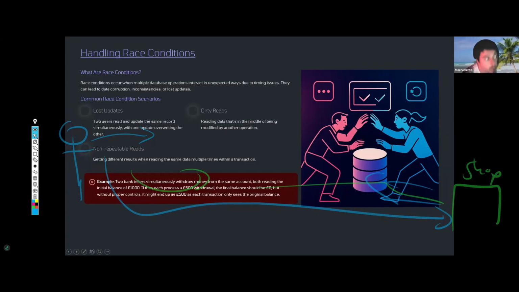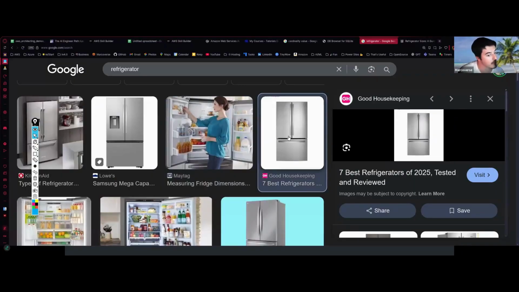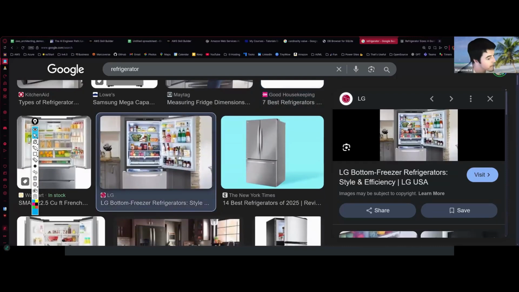Well, some human intuition would probably tell us to simply grab a pen and a piece of paper and write a note, so to speak. Maybe write something on the fridge that says, I've gone for milk, I've gone for Fanta. Hopefully someone would then not do the same thing. Or perhaps, more dramatically, we can actually lock the fridge door, lock the refrigerator in some sense so that they can't even get into it and inspect the state. But ultimately, your act of checking the fridge and restocking it is what we'll call atomic in nature,